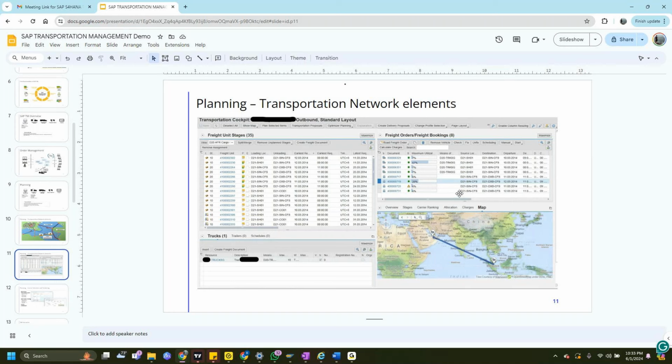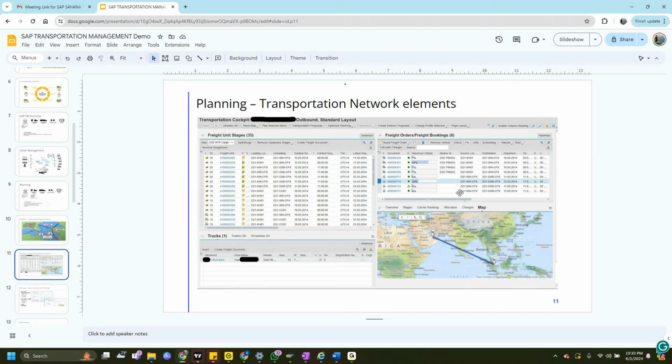So how will we run? It's a complicated network. You cannot leave the system to an automated process. It will be semi-automated, not completely automated. It will be a semi-automated process where the transportation planner will see the output of a particular transportation order or freight order getting created in the system, so that he's 100% sure that the system is generating it right. They'll go for 6 to 7 months, or 10 months, or 1 year, depending on the business complexity. They'll go with semi-automatic, and for a few scenarios, they'll go with manual planning.